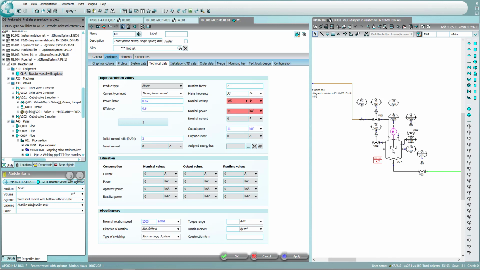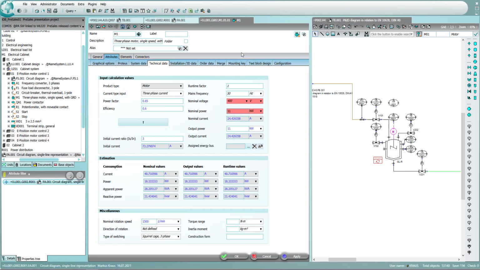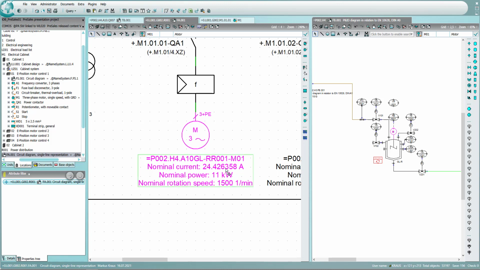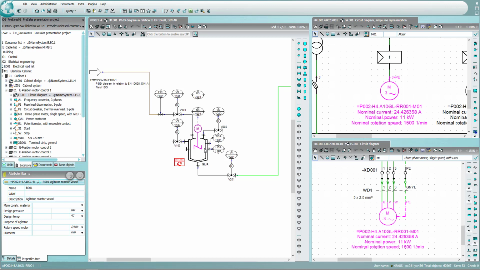So the template also brings in information concerning the power consumption for this motor, and with this data, let's do a short calculation. That brings us to the layout of our switchboard here on our single line diagram. And now we have the view for the different kinds of engineering disciplines, from process or mechanical to electrical